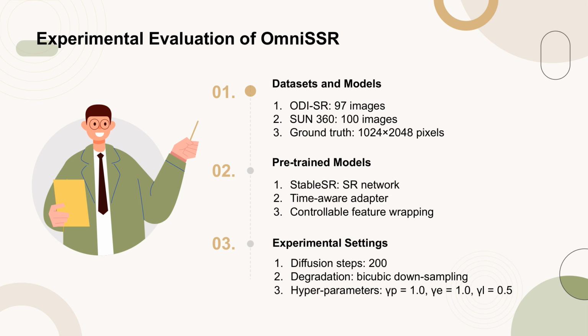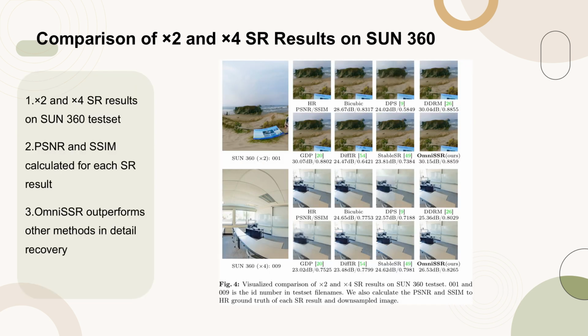Pre-trained models from Stable SR were adopted, which included a SR network based on SD, featuring a time-aware adapter and a controllable feature wrapping module. The experimental settings involved setting diffusion sampling steps to 200, using bicubic downsampling for degradation, and setting specific hyperparameters for GD correction. Figure 4 presents a visualized comparison of x2 and x4 super-resolution (SR) results on the Sun 360 test